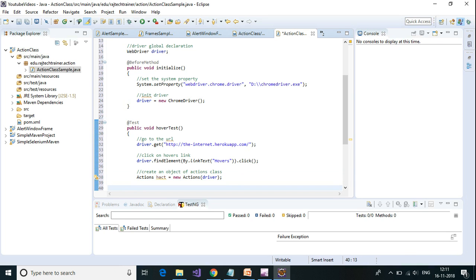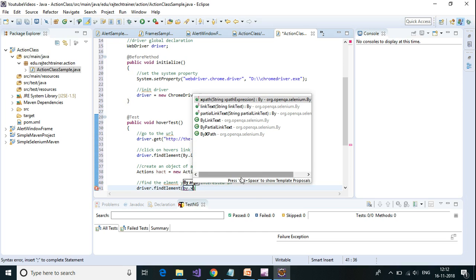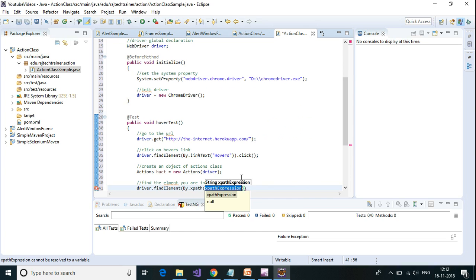I need to find out this element first. That is driver dot find element by dot XPath, and this is the image which we are interested in. Then I'm going to store it into web element